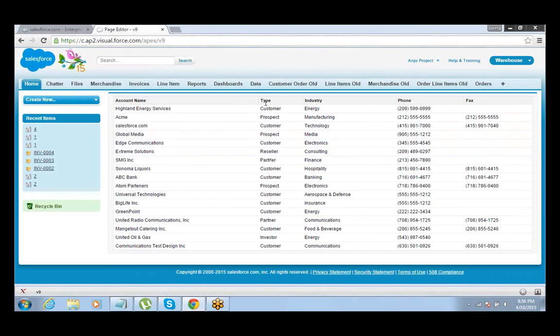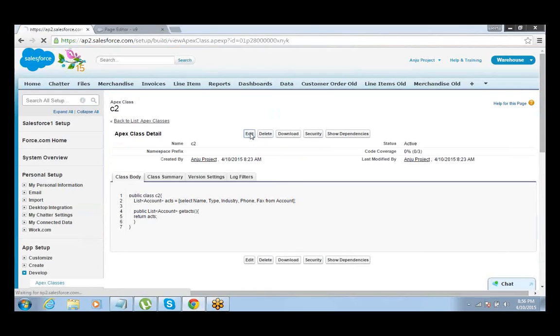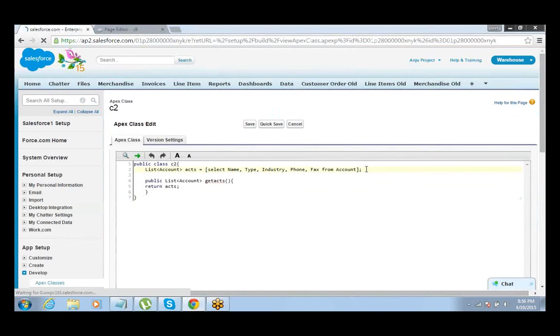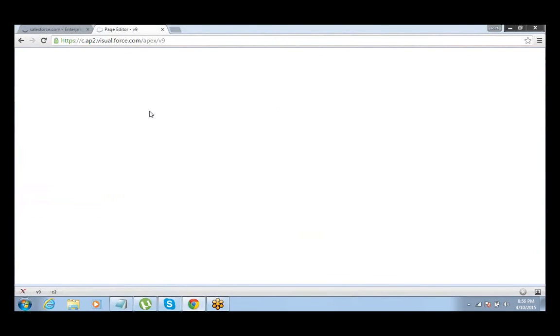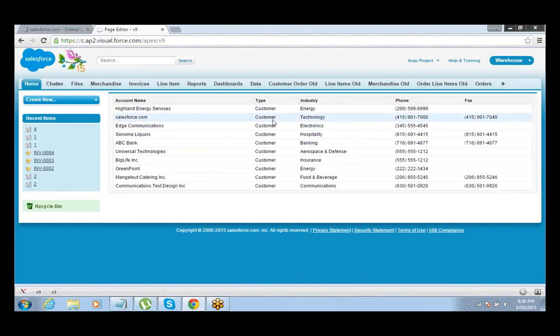Now here you can put the logic and you can put the filters and control. Let's say I just want to see the customers. Then what should I do? I should just click on edit and say select these values where type equals customers. Now the moment you change the code there, you see only customers are being displayed here on the page. Alright, so you have bigger control on your data. What data will be displayed, how it will be displayed, all those things we can control by the query, right?